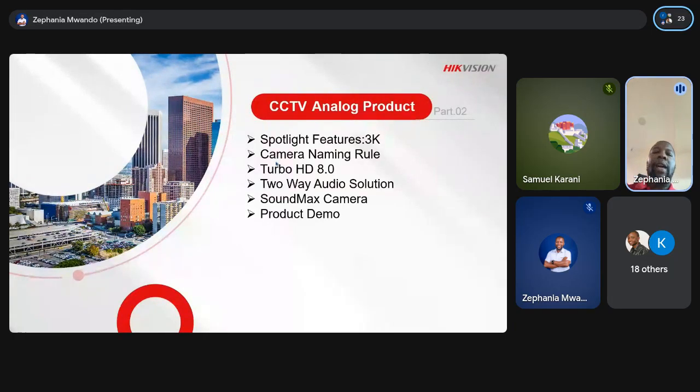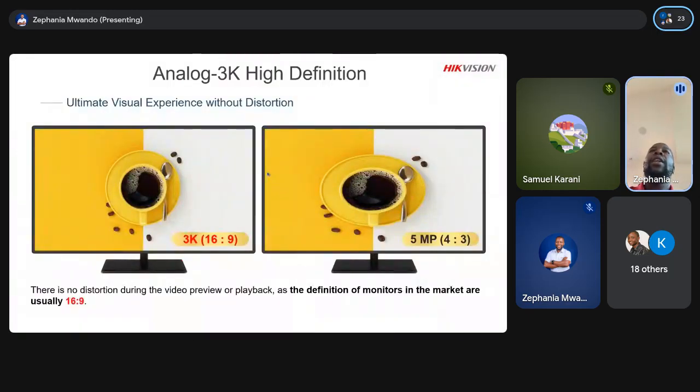Then let's quickly look at the analog products. CCTV analog products, spotlighting the 3K camera and highlighting the Turbo HD 8.0. If you don't know about Turbo HD 8.0, you need to pay attention to this. Two-way audio, SoundMax camera. Remember, analog is now the economical camera solution. We have a 3K solution with high definition. Then we can compare with the 15 MP. The image is more lively on the 3K